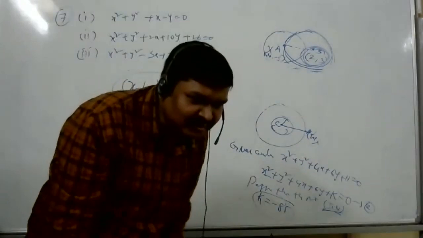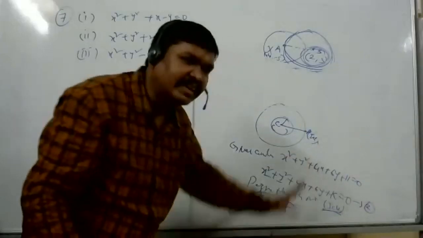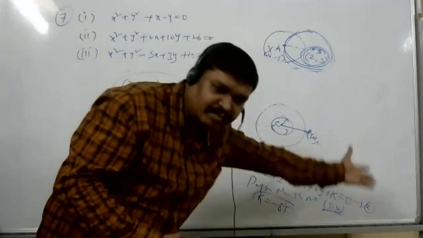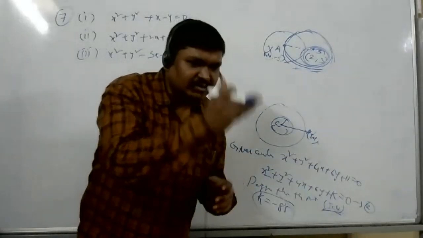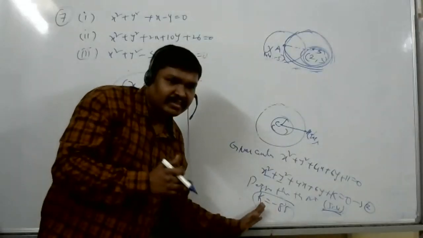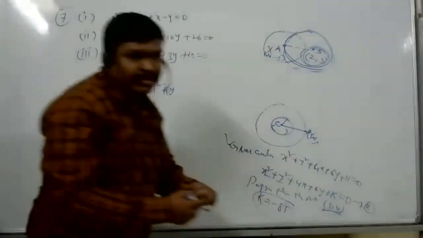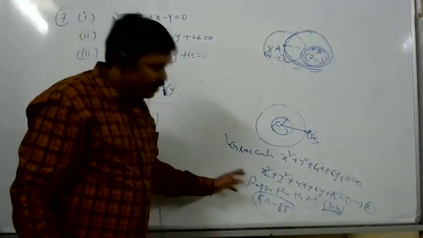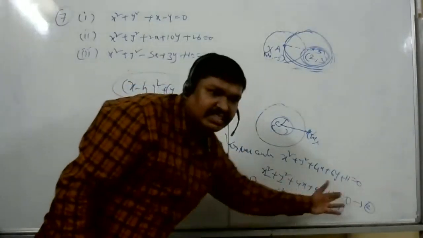Understood, Mona Lisa? That is one method. One more method is the direct one: find the center of the circle, then the distance CP, which is equal to the radius, then write the final equation. The other one is by finding the value of k. This is the direct method, meaning the concept. The constant we get is k is equal to minus 85. Substituting this constant in equation 2, that is the final answer.